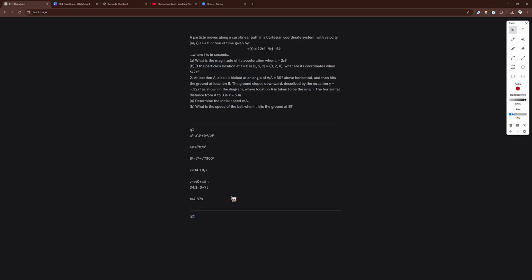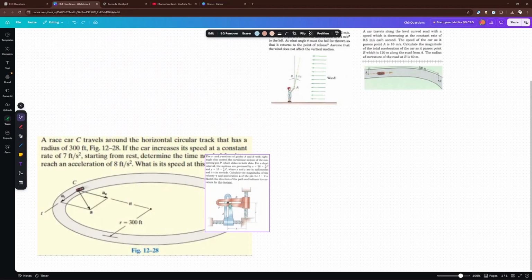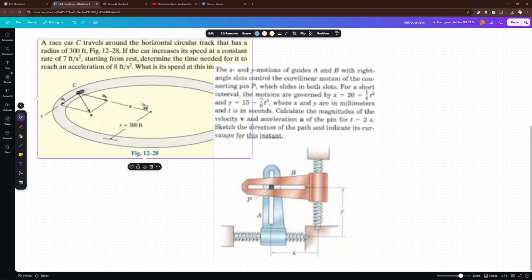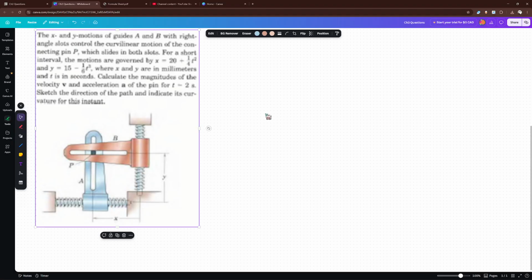So let's go to Q2. And Q2 I have here is this diagram. Okay, this is really blurry, so I apologize for that. The X and Y motions of guides A and B with right angle slots control the curvilinear motion of the connecting pin P, which slides in both slots for a short